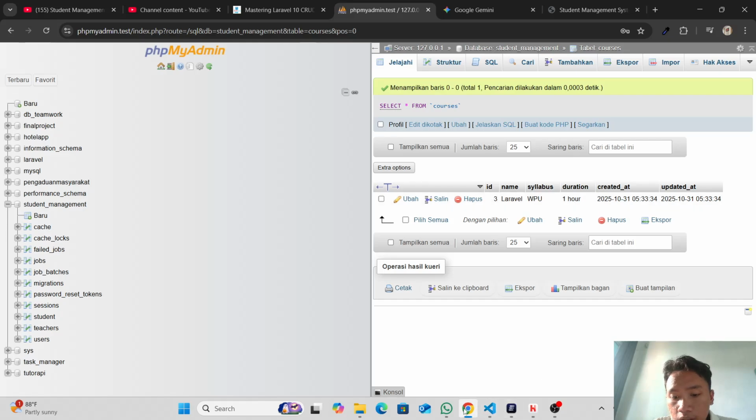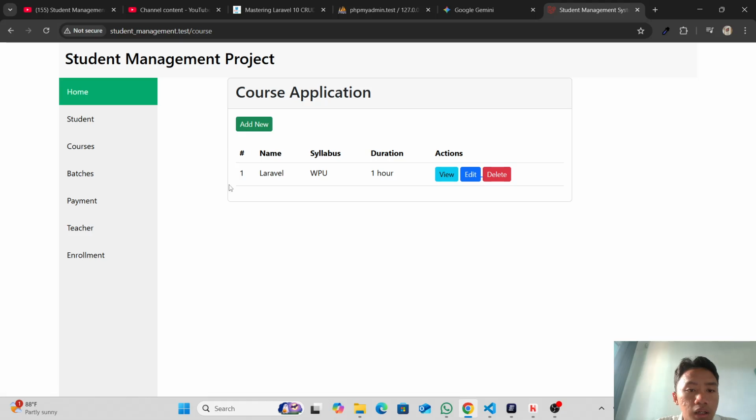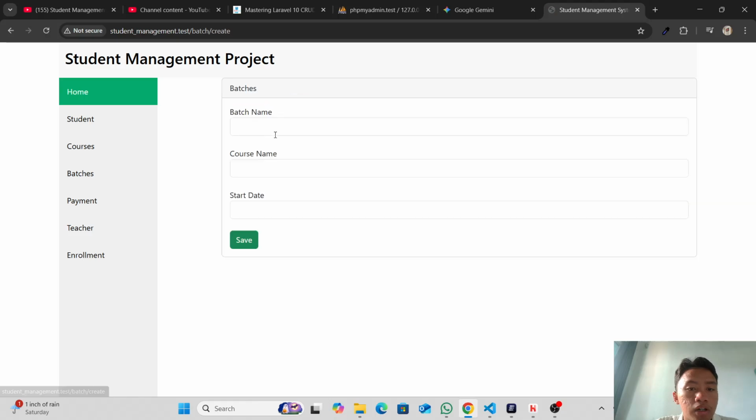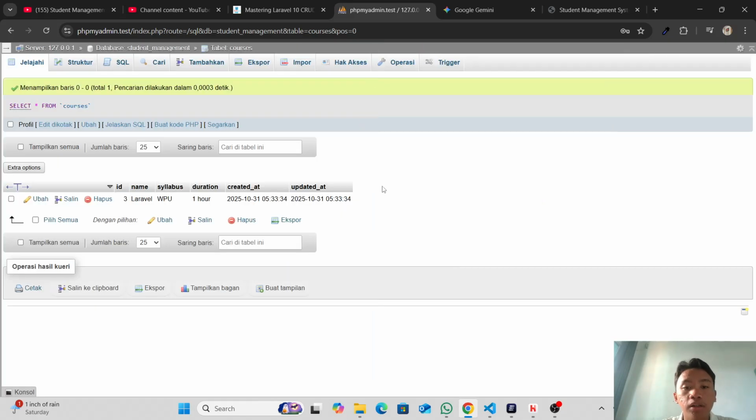Let me check here, in courses. Okay, the course ID is 3. Why is the ID 3, not 1? Because ID isn't the same as loop iteration.